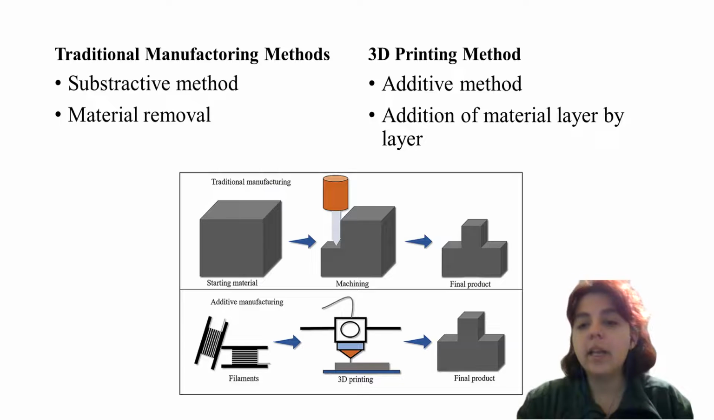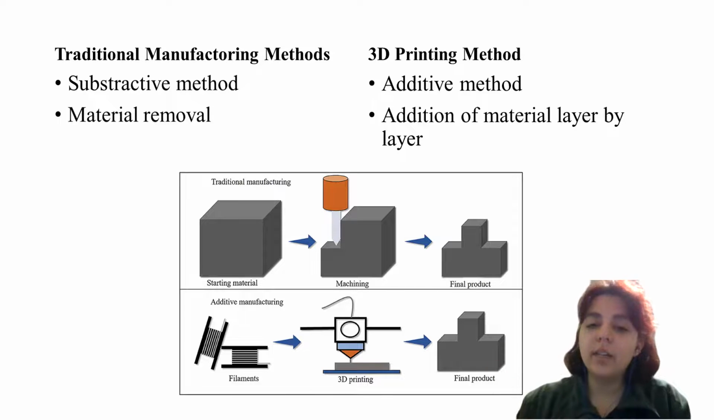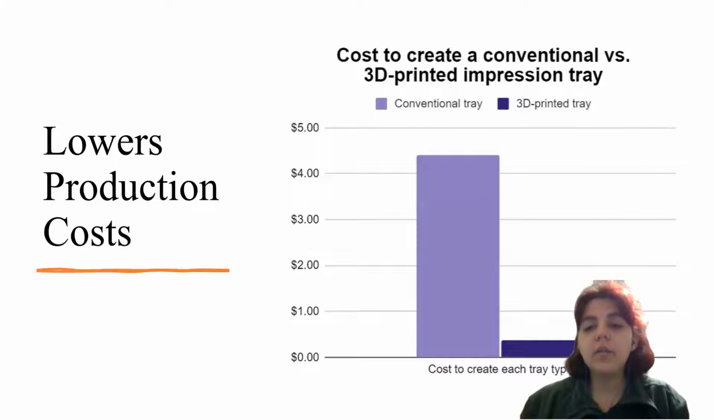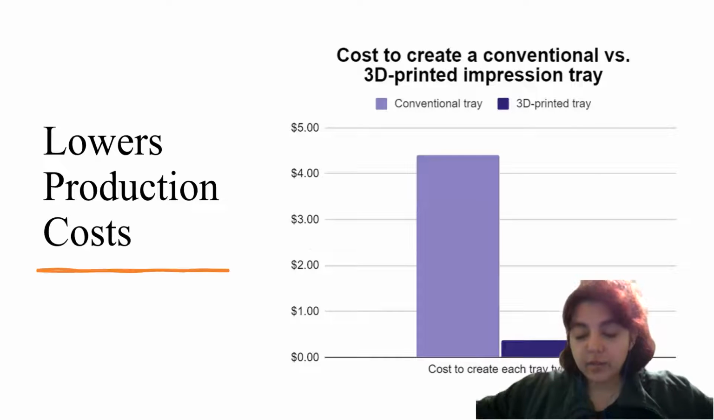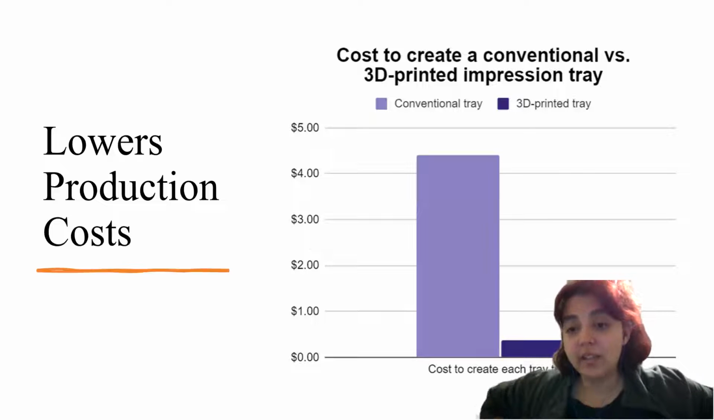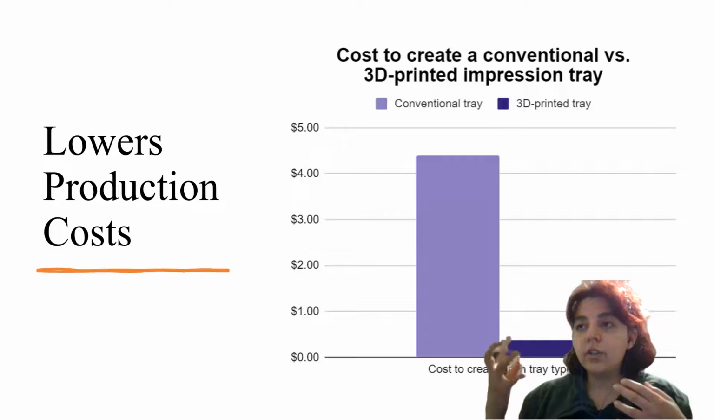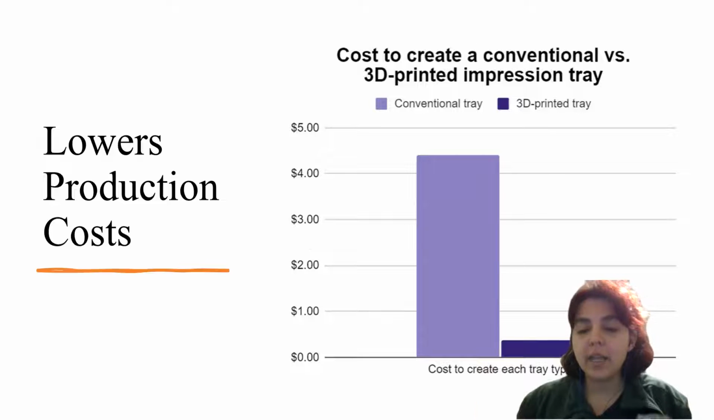Understanding that, we can understand the first advantage of 3D printing, which is that it lowers production costs. Because 3D printing does not start with a starting material, one does not have to pay huge amounts of money to get that starting material, which lowers the costs, obviously. But another thing that lowers the production cost is that